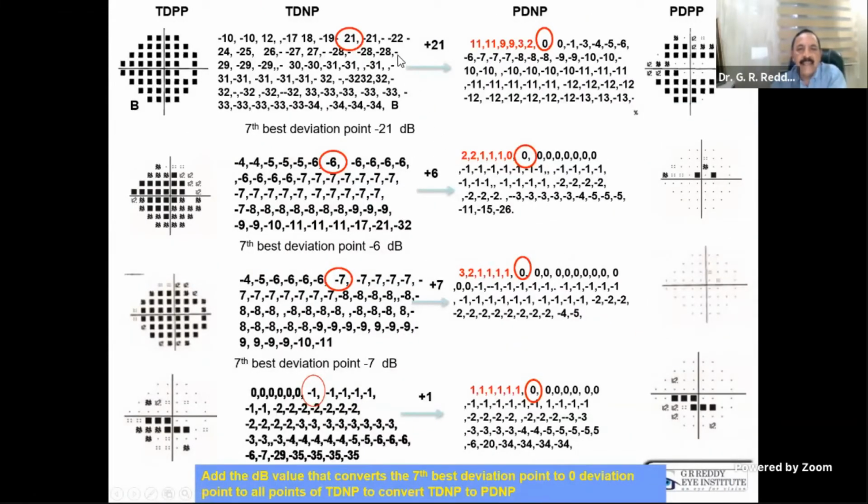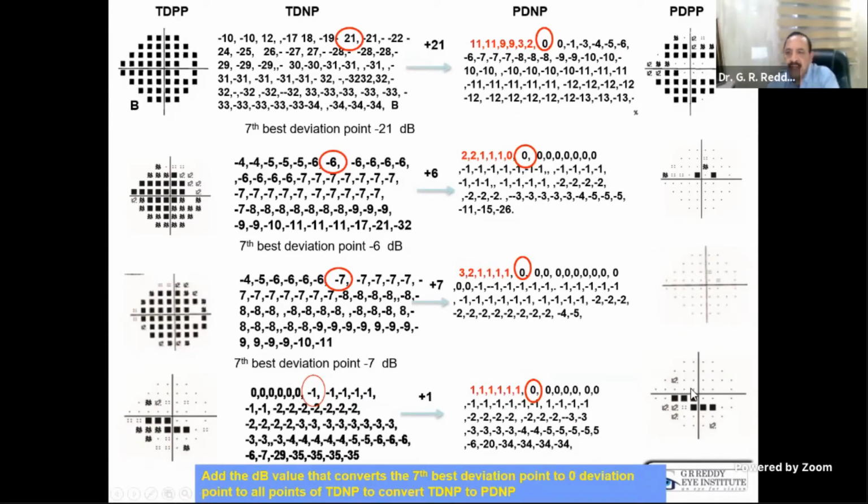And now we convert the seventh best deviation point to zero deviation point by adding the dB value that converts the seventh best deviation point to 0 dB. Here -6, add +6. Here the seventh best deviation point is -7, add +7. Here the seventh best deviation point is -1, add +1. So add the dB value that converts the seventh best deviation point to 0 deviation to all the points of TDNP